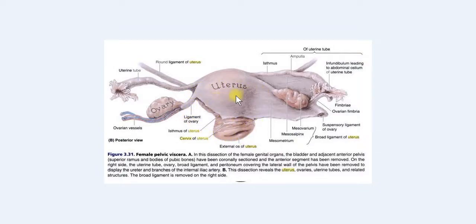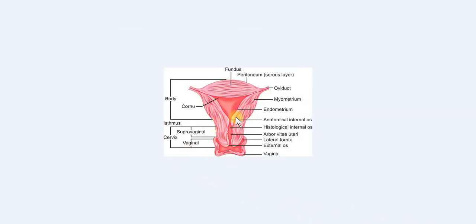If we see the cavity of the uterus in sagittal section, we see it in the form of a slit, while in coronal section we can see it in a fusiform shape. The upper end and lower end are pointed or narrow, while the middle portion is broad. This is the internal os which opens into the body of the uterus, while this one is the external os which opens into the vagina. This is all about the body.